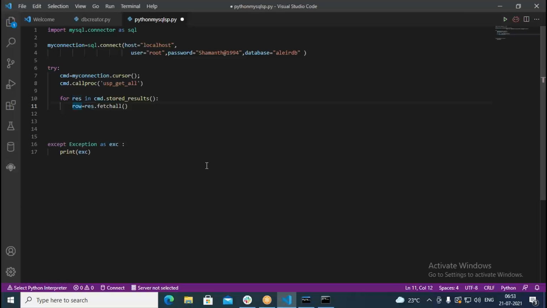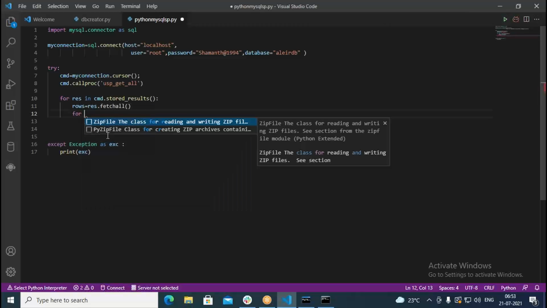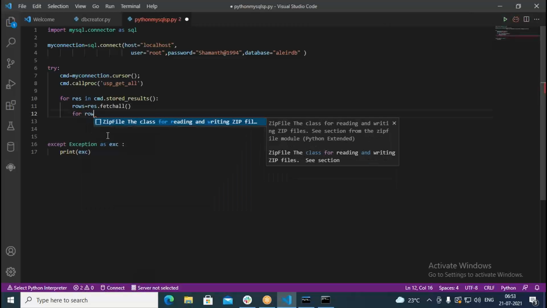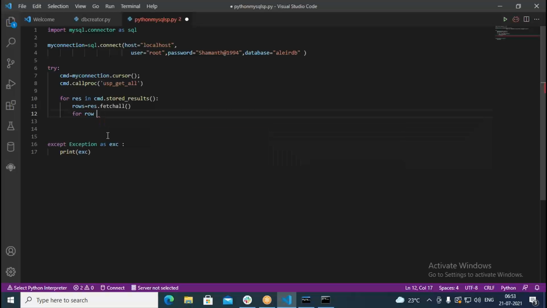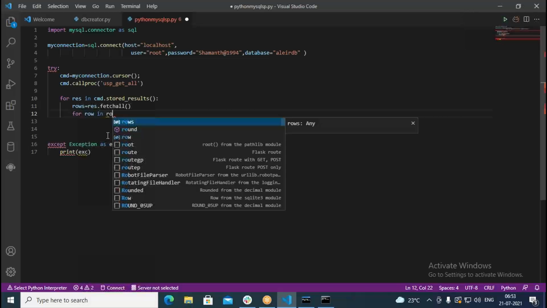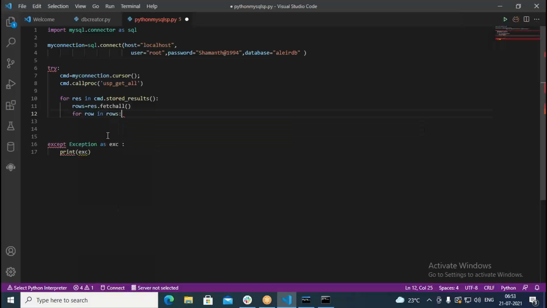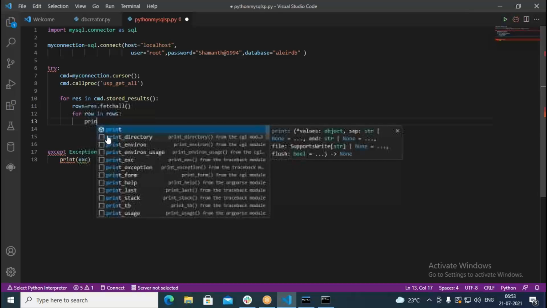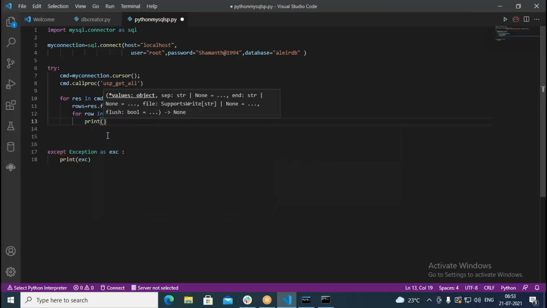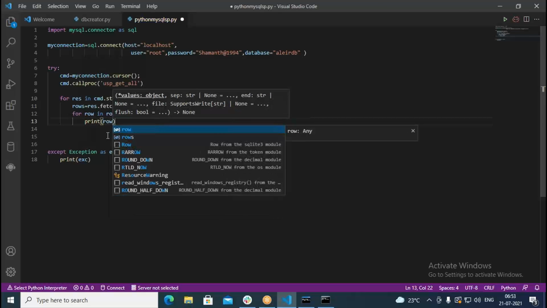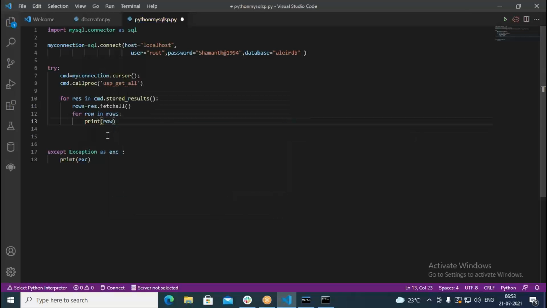I say rows, not row. Then in the next line, I write for row in rows. Then here we can print one by one: print followed by row, so like a tuple, it will be printed for us.